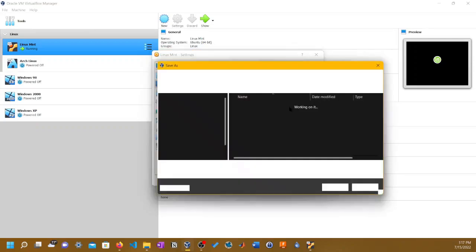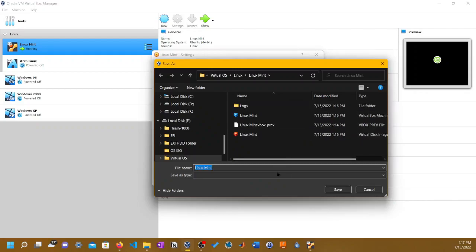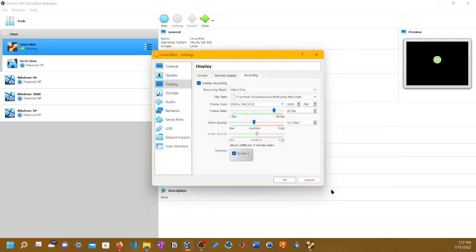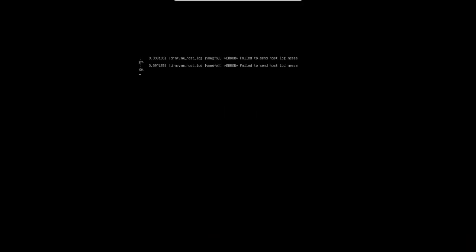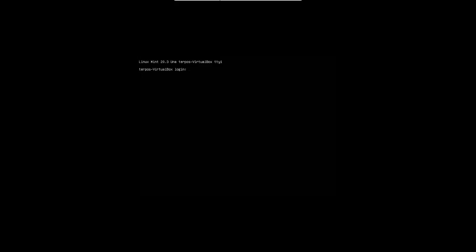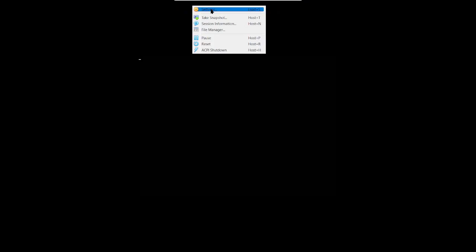But I think instead of WebM, Linux Mint .mp4. Let's save it and click OK. Okay, I don't know if I could actually record it. I don't know how it works.